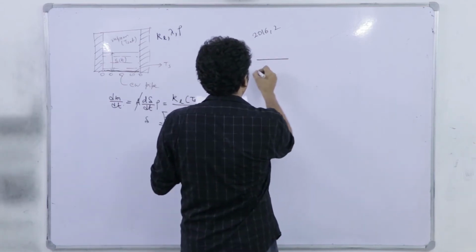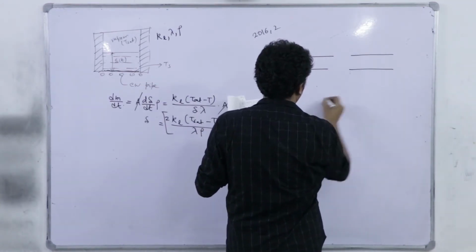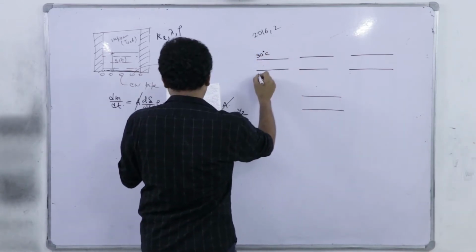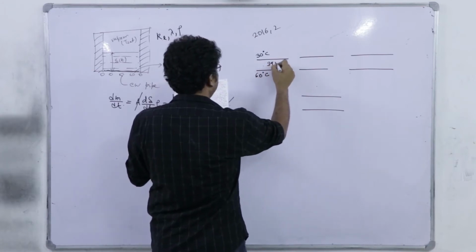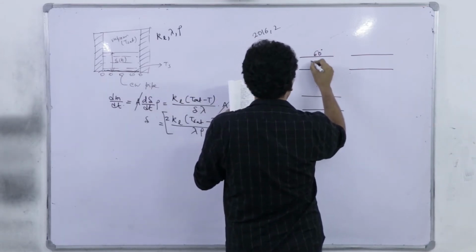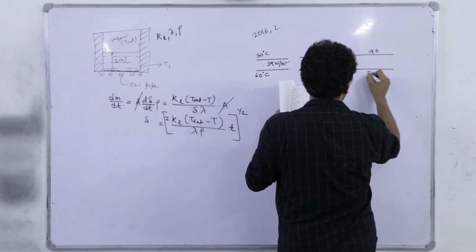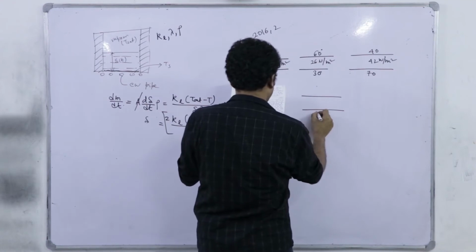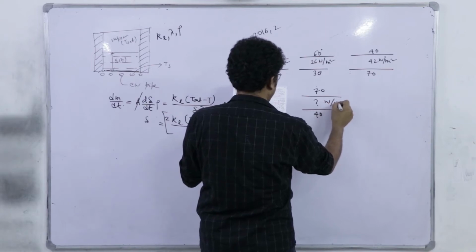So, what is the figure? Here we have 4 such cases of 2 plates. This is 30 degree, this is 60 degree. The flux is 39 watt per meter square here. This is 60, this is 30, flux is 26 watt per meter square. This is 40, this is 70, the flux is 42 watt per meter square. And here this is 40, this is 70. You are asked to calculate the flux in watt per meter square.